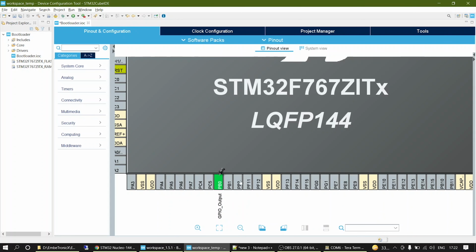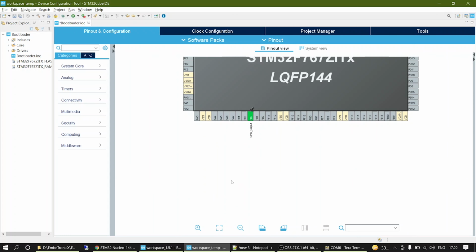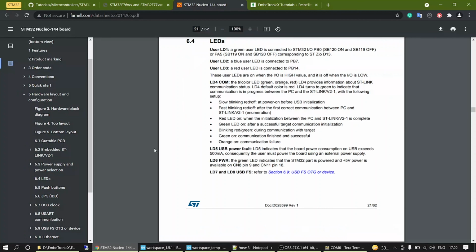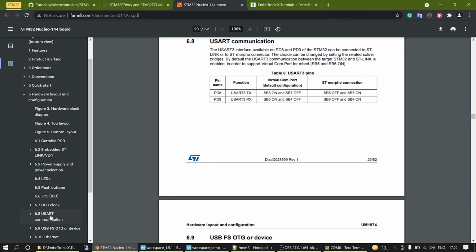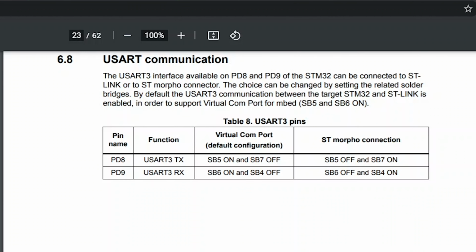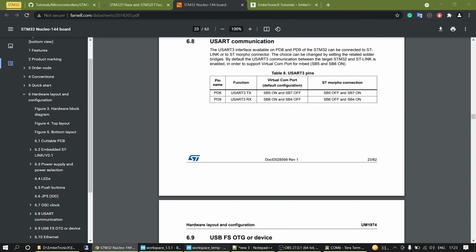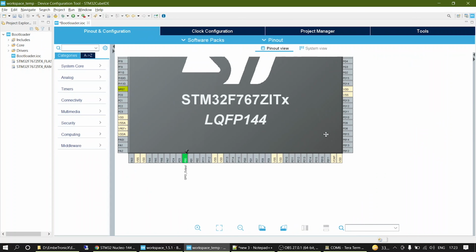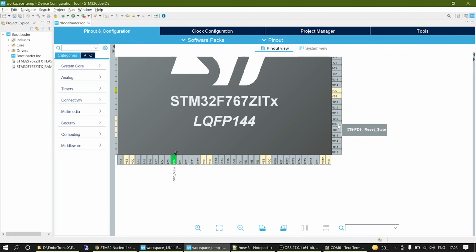Then we want to use one UART for debugging purposes. See here, UART3 is available on PD8 and PD9. This virtual COM port is already connected with the onboard debugger. So we don't need any external UART connector like a USB to RS-232 TTL converter. Click PD9 and select UART3 RX.